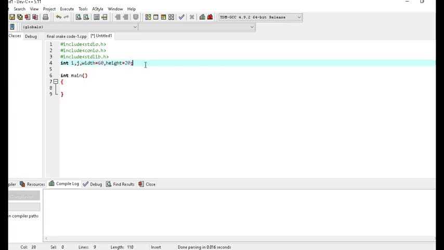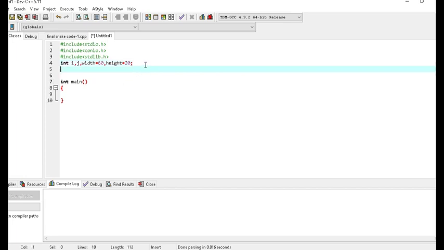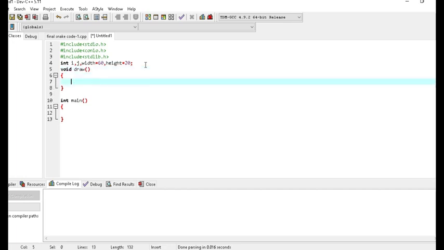Now we will make a function named draw. In this function, we are going to build a logic to print the boundary of our game.